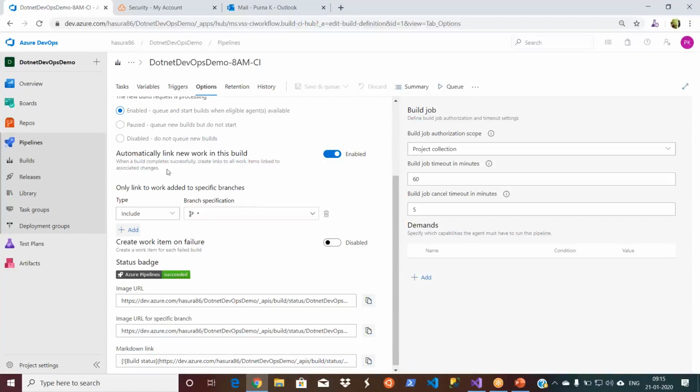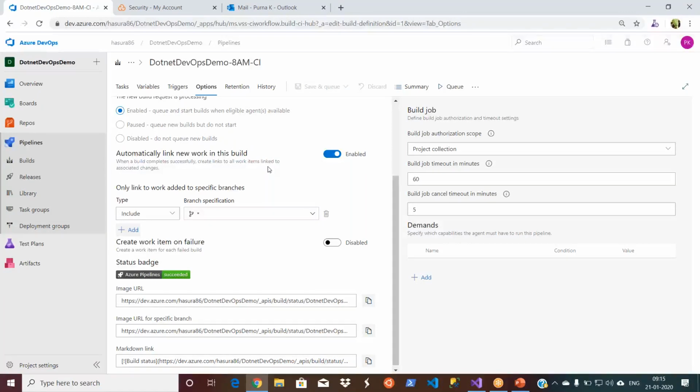Okay, all those things. When a build completes successfully, create a link to all the work items, link to associated changes. That means we have seen the traceability, right? In earlier sessions, we first created the work items, and we connected epics, features, etc. And in later sessions we created the repositories, and during the pull request, we enabled work items as well.